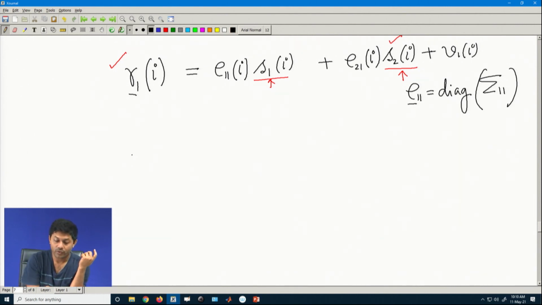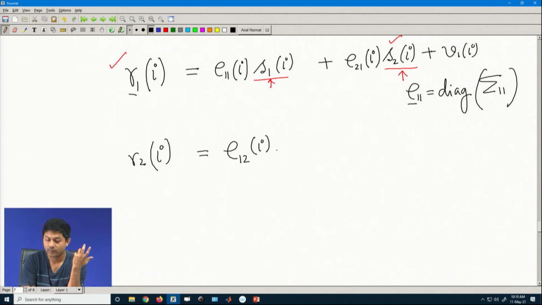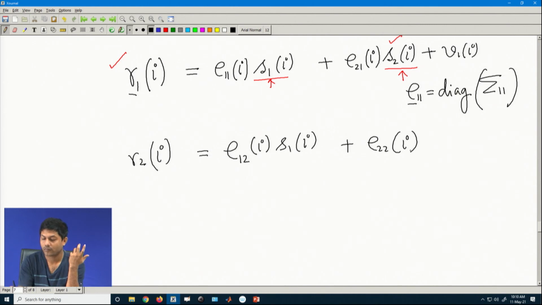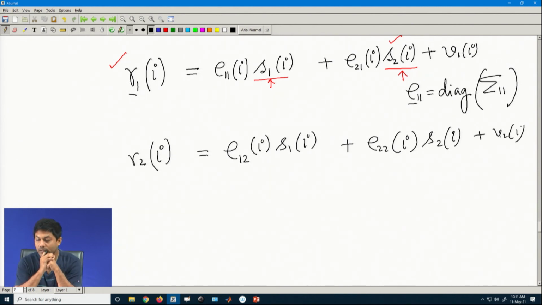Similarly, if you go to R2, I am just motivating you, this will be a similar situation. When I take the R2, this also has the same problem, both of them are there. So, I cannot take an individual point and go for a decoding. Okay? This is not possible.